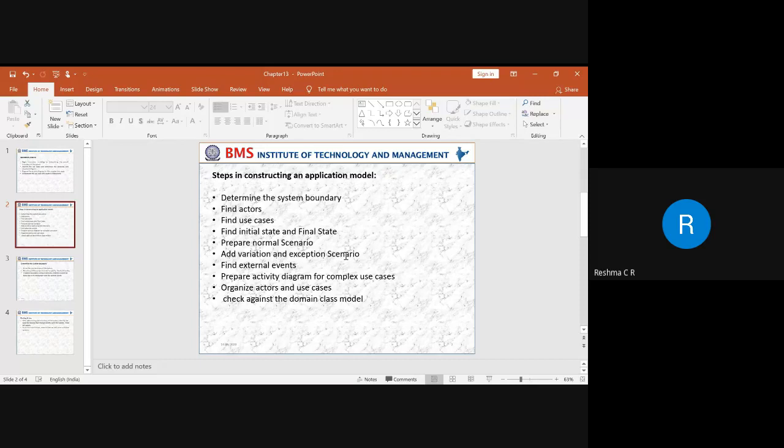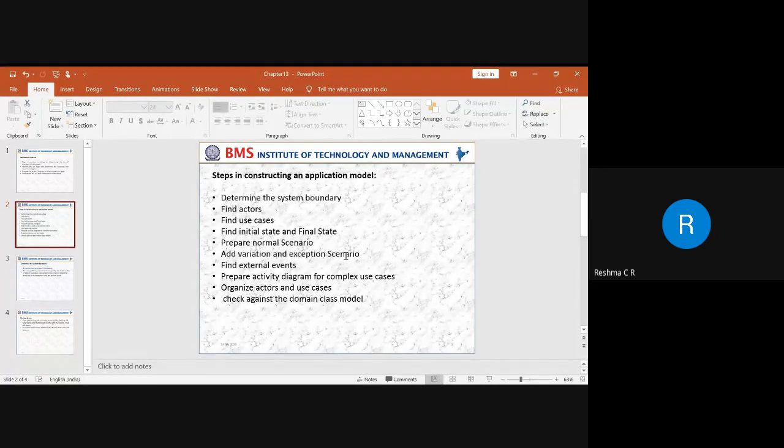So one is initiate session, account query, process transaction, and transmit data. So what happens? All these four use cases are being determined. How are we going to determine them? Based on the functionality of the system. So what are the features of the system? What is the boundary of the system? Depending upon that, we are extracting all these functionalities.